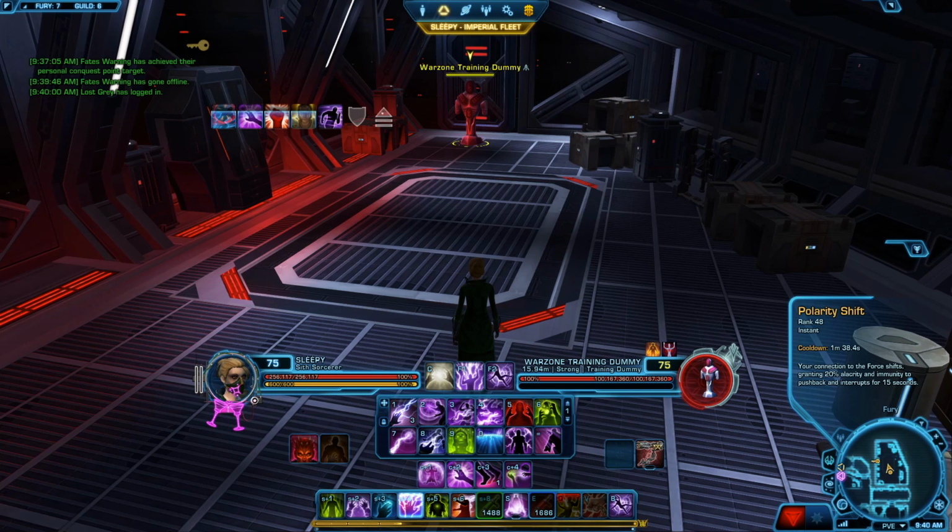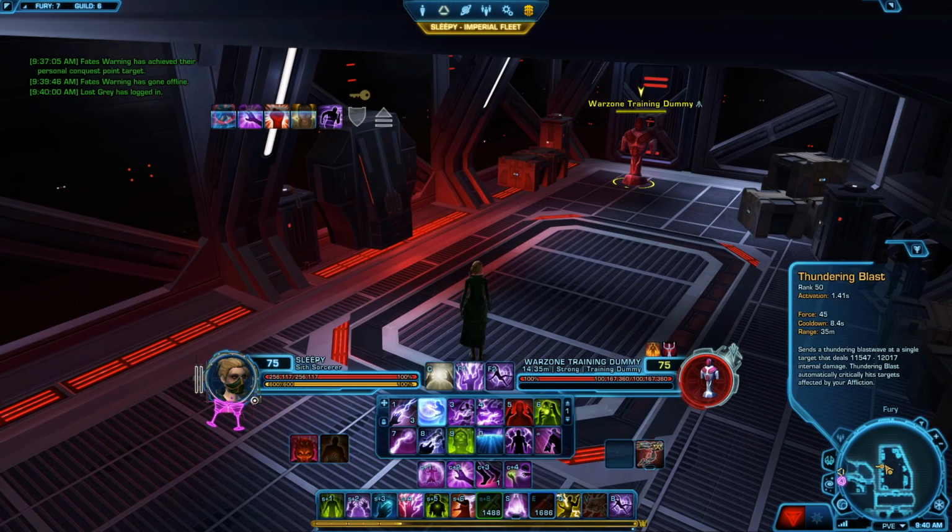So, your connection to the Force shifts, granting 20% alacrity and immunity to pushback and interrupts for 15 seconds. This is good for your opener if you're getting leapt on, because these are the things that you can get interrupted on. You can get interrupted on Thundering Blast, you can get interrupted on Crushing Darkness, and if you're being bad, well, you can get interrupted in Lightning Bolt, but you can't get interrupted with Force Storm, which is important